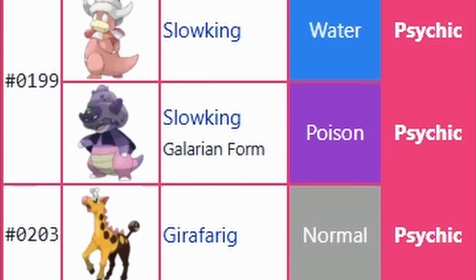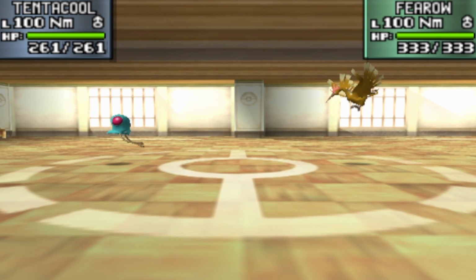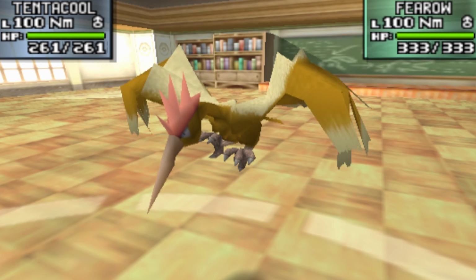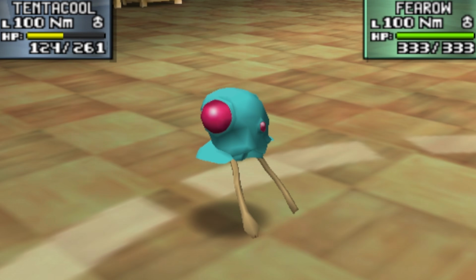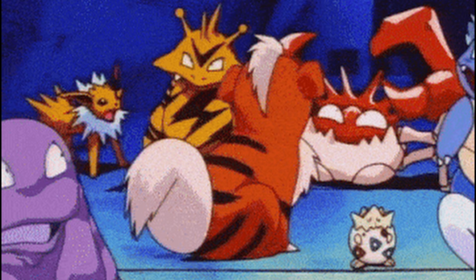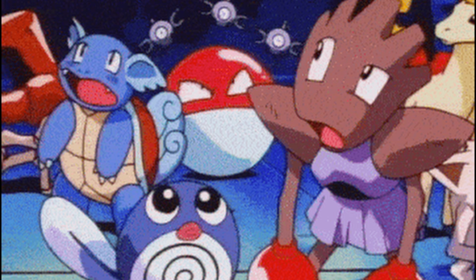You see, it's not just the Pokemon that have types. The attacks do as well. So if a Pokemon of a certain type uses a move that is that same type, then that attack's damage is multiplied by 1.5. Still confused? Don't worry, because now we're going to witness STAB in effect.